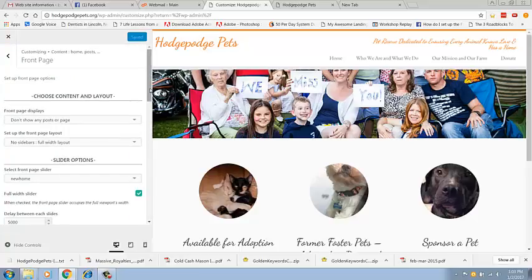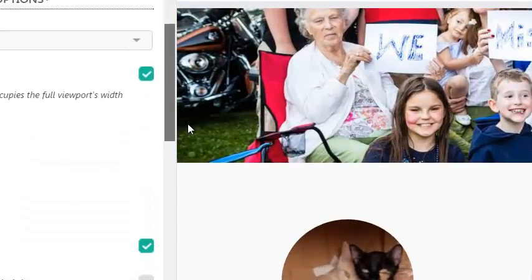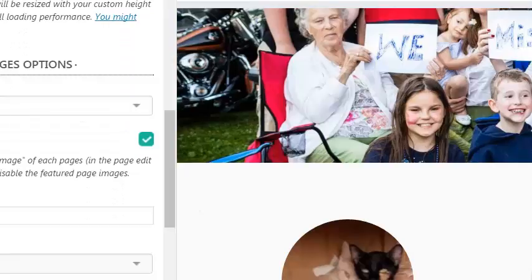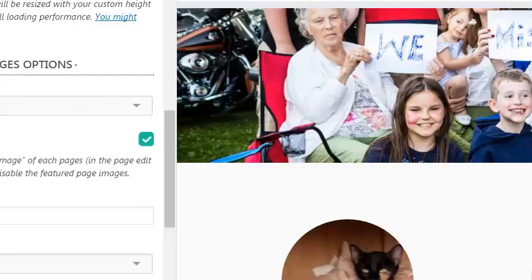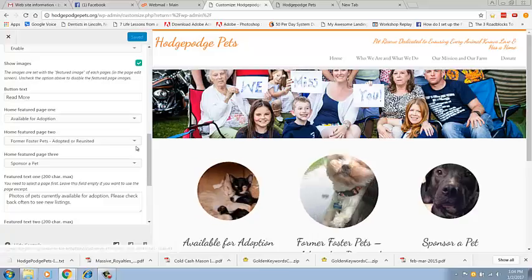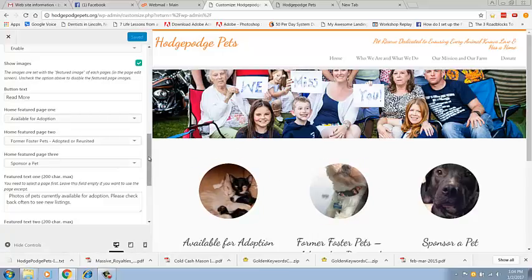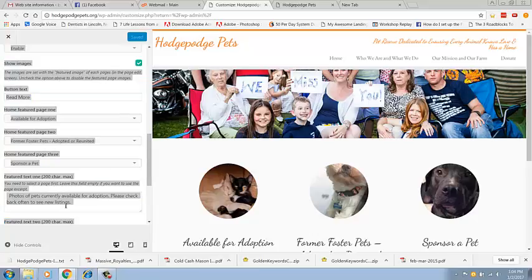Now, for these little featured areas down here, we would go down to this area and either enable them or disable them. The only issue with that is they give us three options to be able to feature these sections. So we have 1, 2, and 3. Now, if we wanted to feature any more than that,